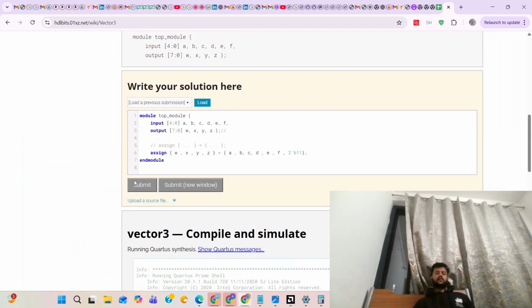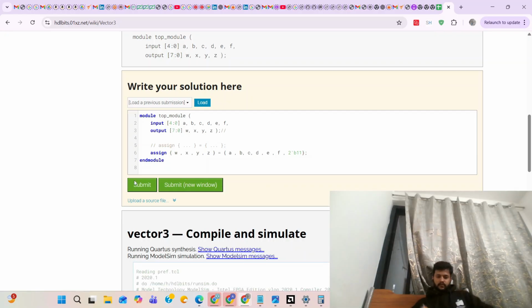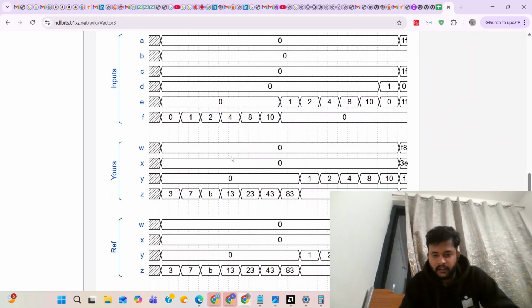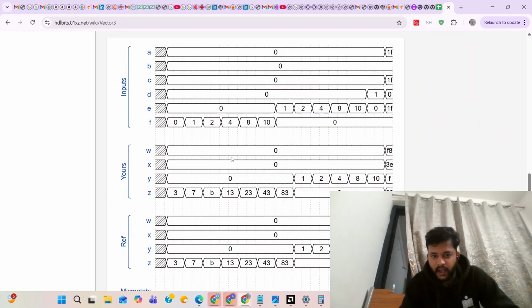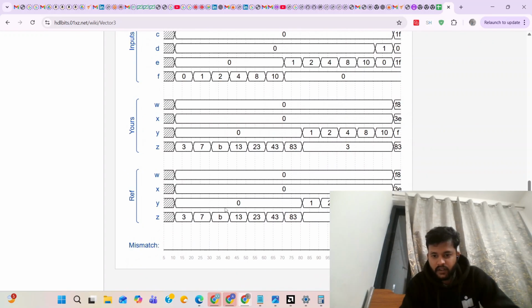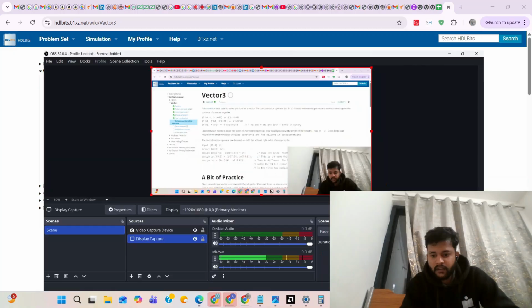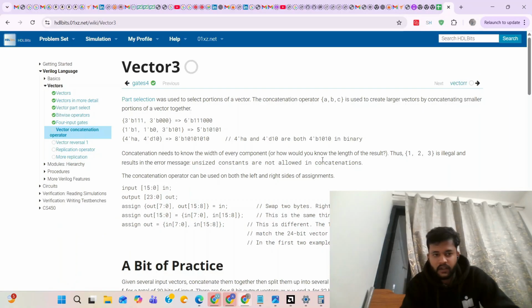So yeah, now it's correct. It got combined and joined as perfectly as we want. There is no mismatch. So we'll move to the next statement.